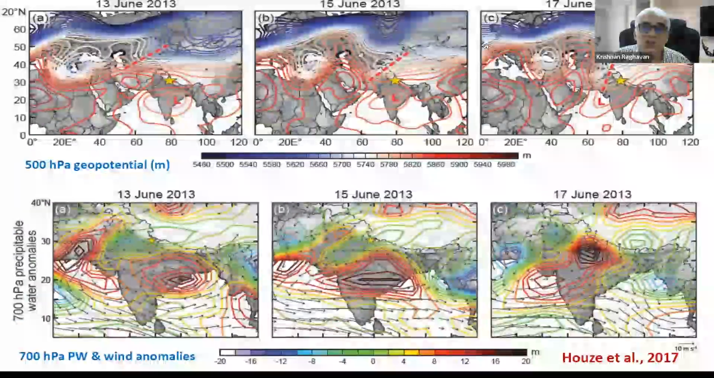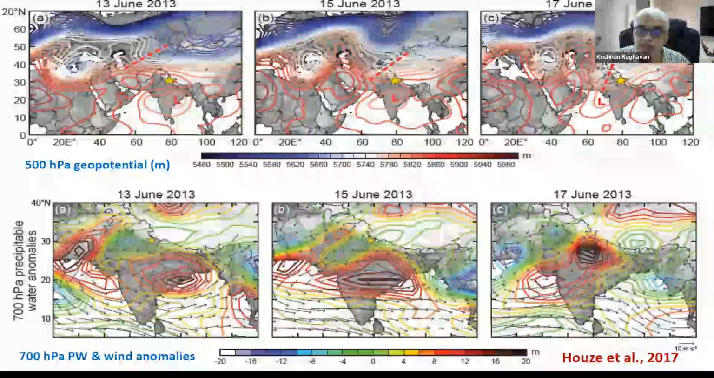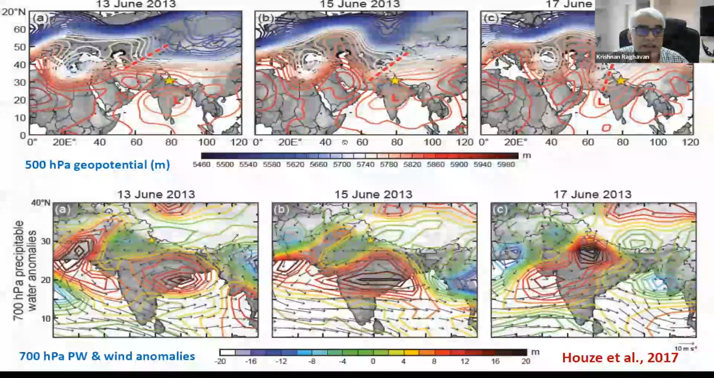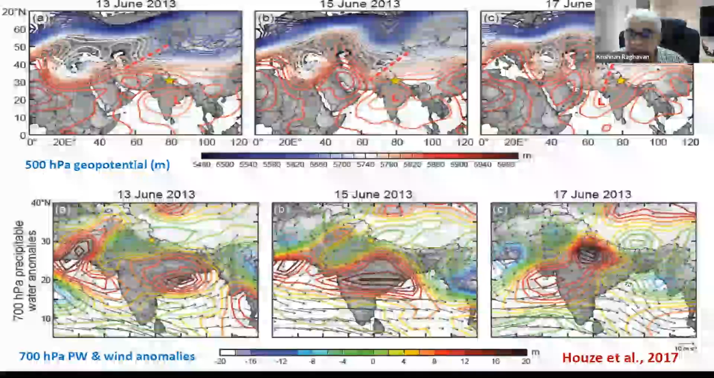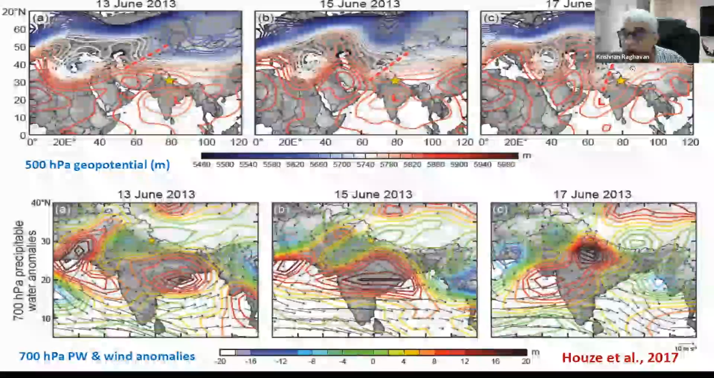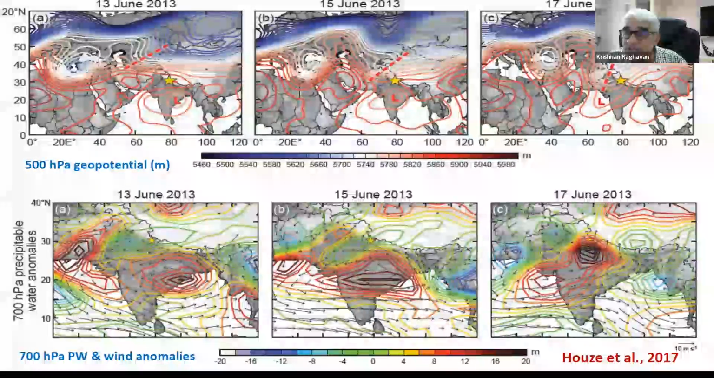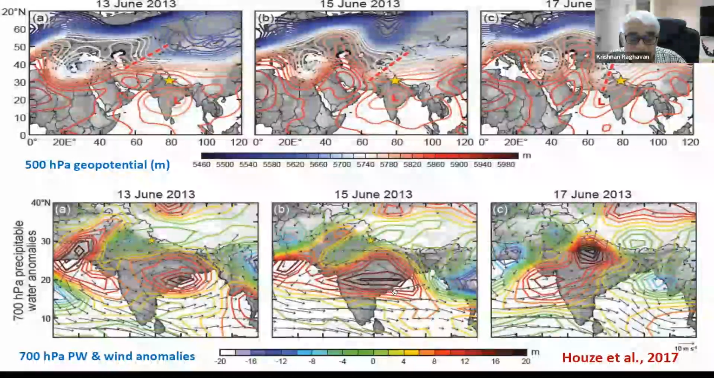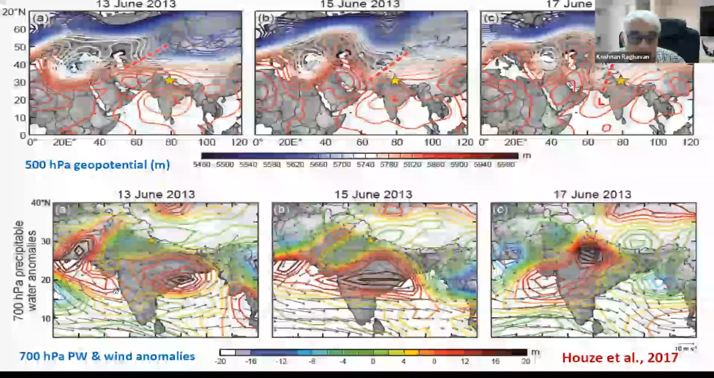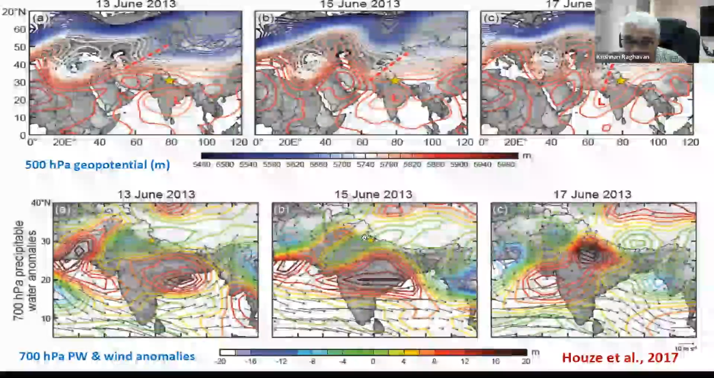And we also see this in the satellite pictures and the reanalysis data. You can see the low pressure. This is on 13 June. This is on 15 June. This is a paper by Bob Hose et al. And on 17 June, you can see this very deep trough interacting with this low pressure system, and a substantial amount of water vapor being transported from the Bay and also from the Arabian Sea into the Himalayan